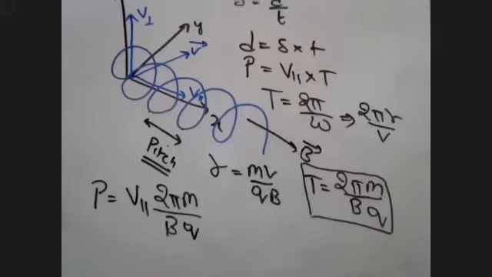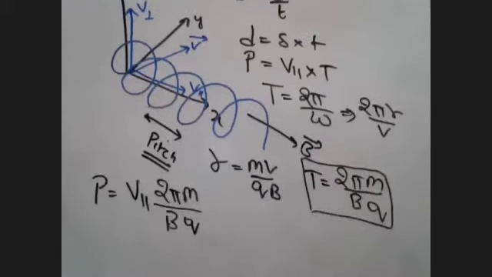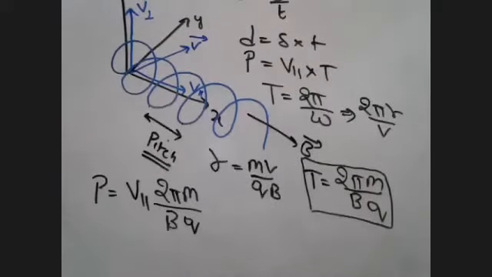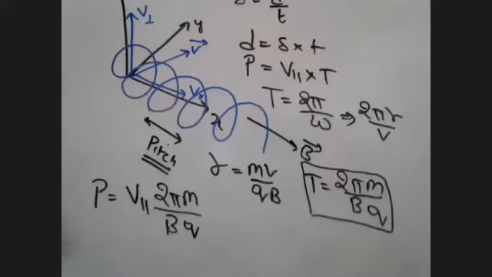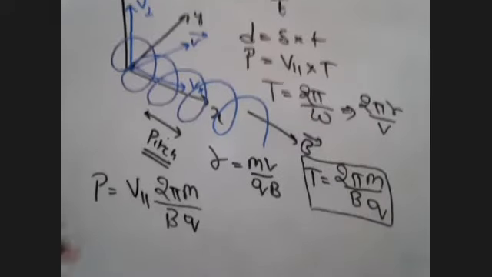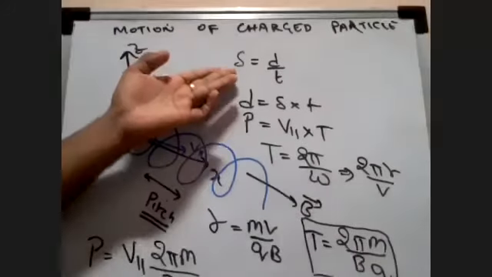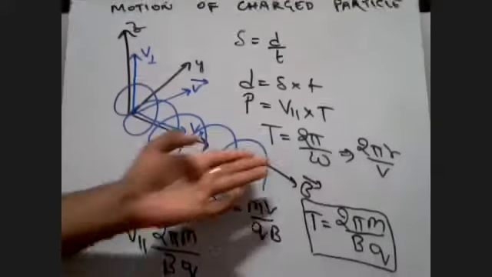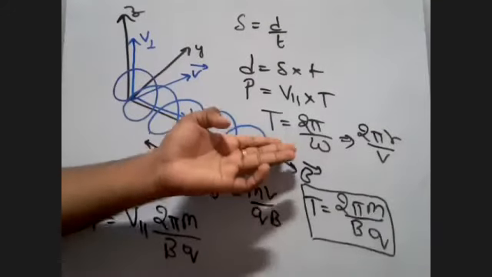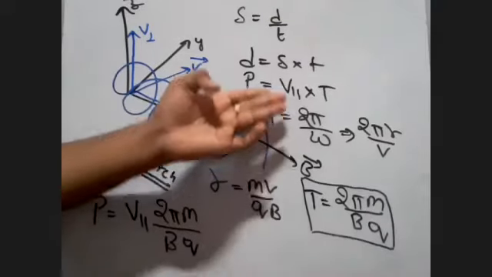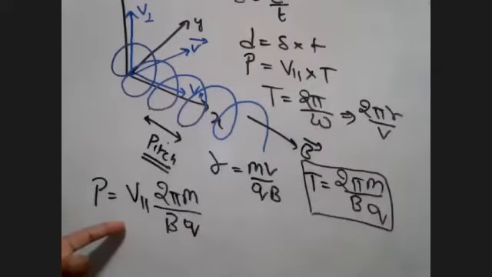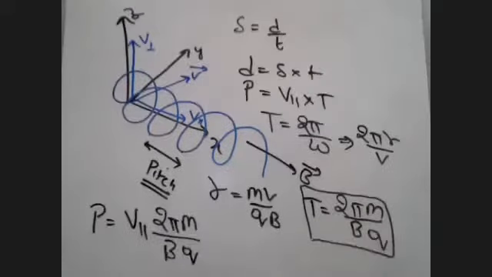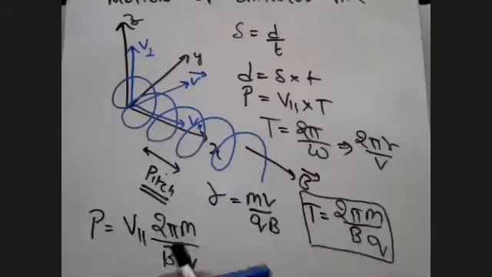If you keep solving problems with respect to this, of course these formulas will be by heart for you, but if suppose you forget it, then simply use the formula speed is equal to distance upon time. That way you will come to know what pitch is, and you know the time period in terms of circular motion. Simply substitute that value in place of time period and you will get this formula. So this is one important concept here. Okay, if this is understood,